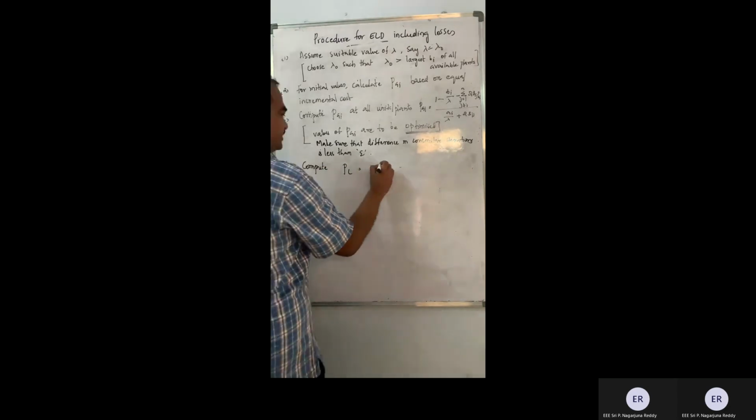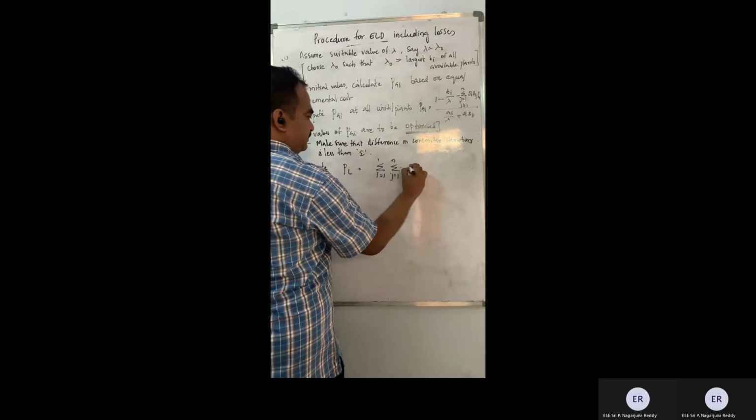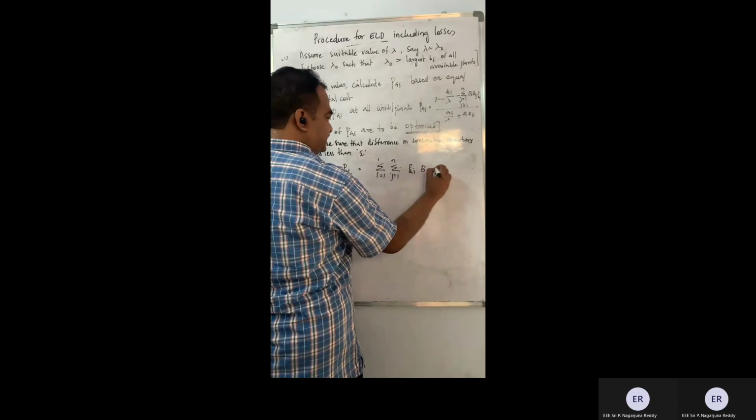Once it is done, once optimization is done, now you compute PL. We do have an equation of PL, which I have stated to you earlier. Sigma i = 1 to n, sigma j = 1 to n, PGi Bij PGj. This was the equation which we employed for power loss. So with the optimized generation which you do have, and with the B coefficients which you already have, now compute the power loss. So once the power losses are computed, now we need to check the condition.